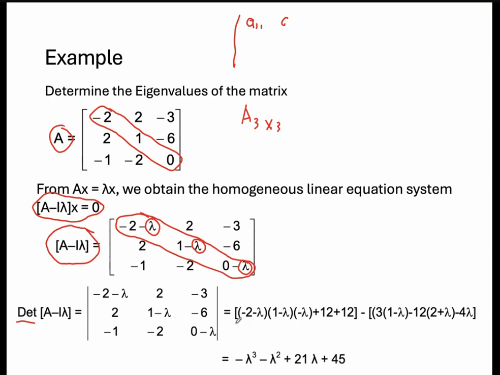So the value of the determinant of this matrix is, yeah, -2 minus eigenvalue, between